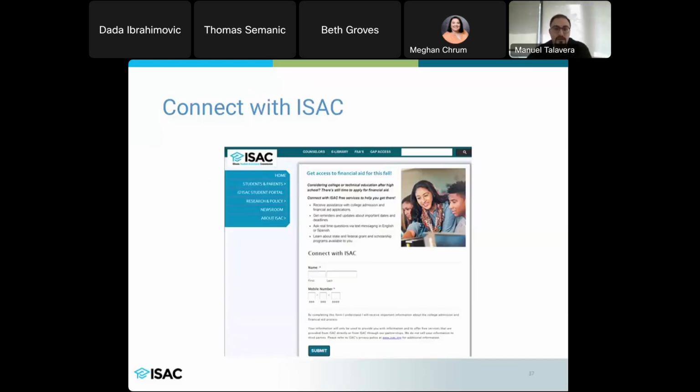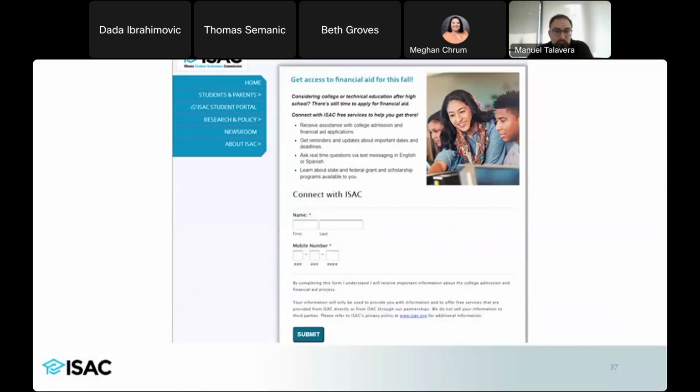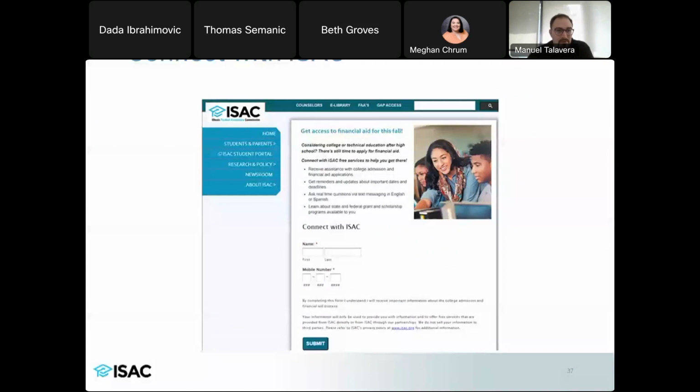And this is what the form looks like. It tells them a little bit about getting access to financial assistance. They just provide their first name, last name, and their mobile number. And they'll see the terms and conditions on there. So we don't spam. We don't collect any information that we don't already know. In this specific example, we're just reaching out to the student, letting them know if they still need help submitting their FAFSA, if there are any workshops happening in the area, or if they need to connect with anyone. Here are some people that they can connect to, right?